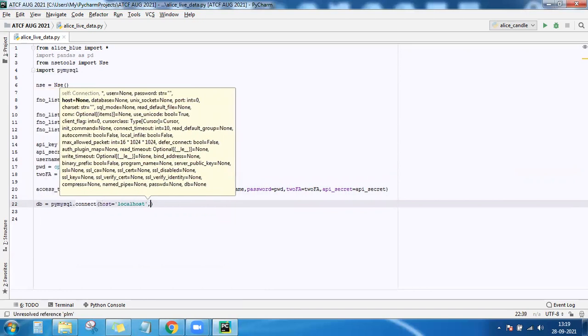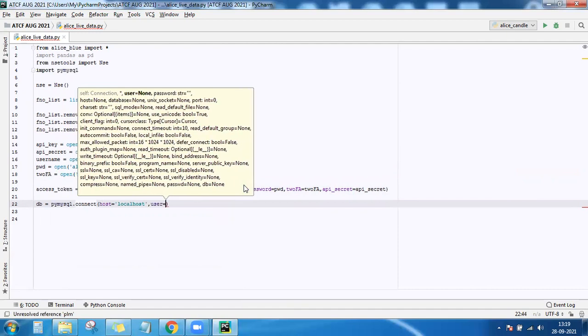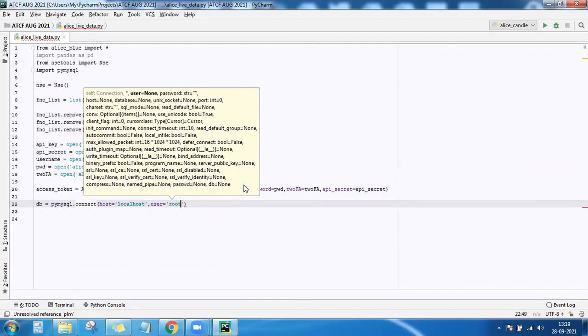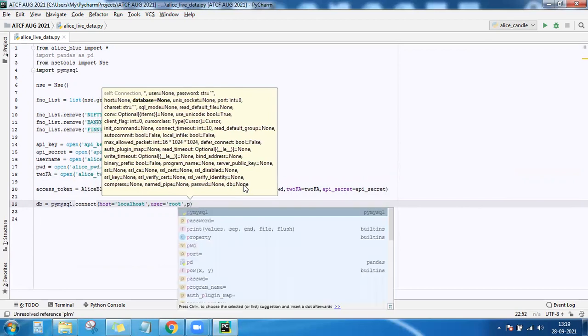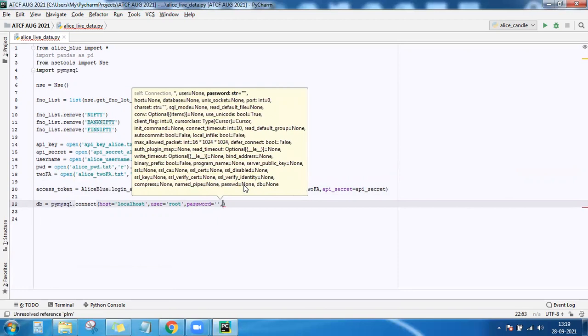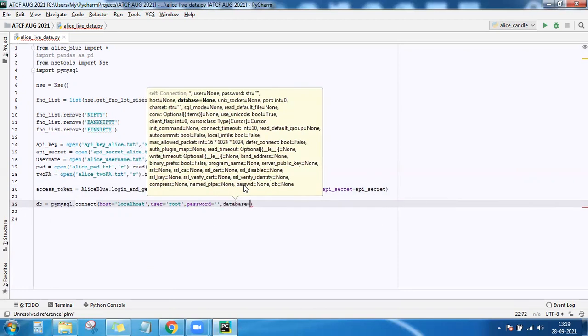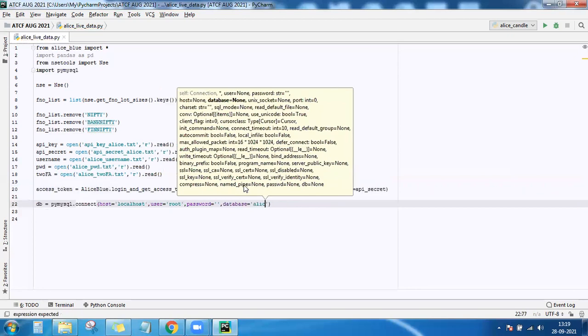Host is the localhost. User is root. Password is empty, and database: I have already created it with the name Alice Blue.